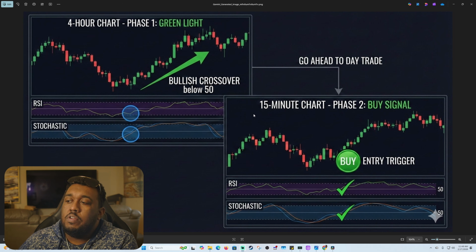So when you have the okay to go forward, next step you're going to be looking for the RSI crossover below the 50 and the stochastic crossover below the 50. If one of them is having a crossover below the 50 and one of them is having a crossover above the 50, that's still an okay sign to buy. That is going to be a buy entry trigger. You ride the wave up and you're going to sell at your next level of resistance here